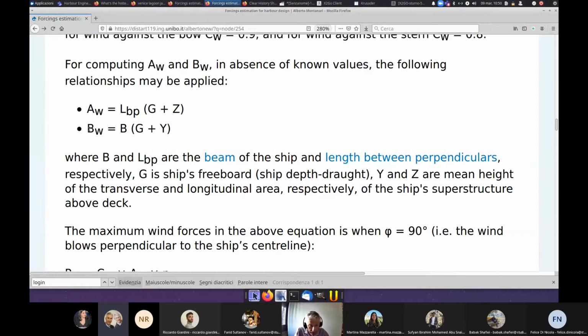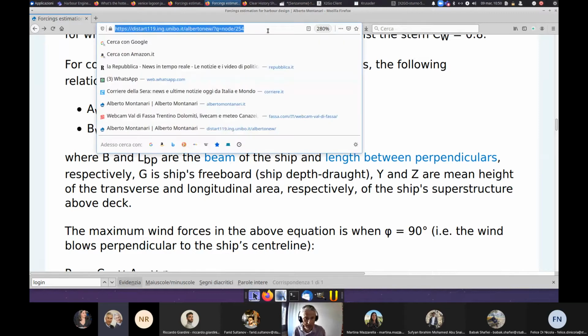For the transverse area BW, you multiply the beam, again, I will recall in a moment what the beam is, by the sum of, again, G, freeboard, plus Y, which is the mean height of the transverse area. And I think we need to recall what these lengths between perpendicular, beam, freeboard are. So let me go up along the page,